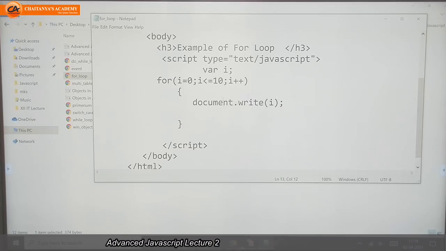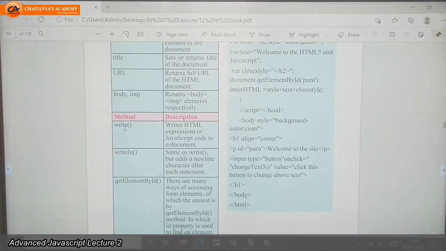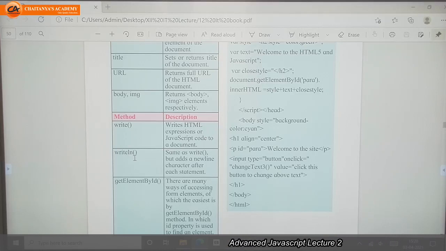So which method can I use? I can use either dot write or dot writeln, meaning it will write the statement as well as add a new line character, so the next text will appear on a new line. Or I can use getElementById.